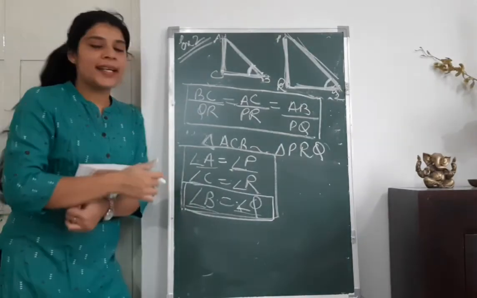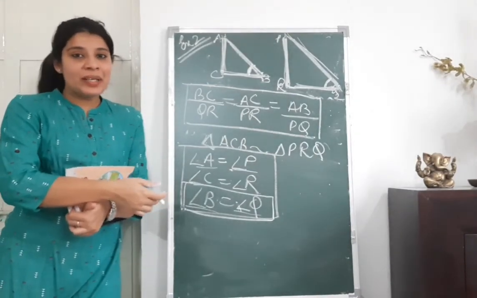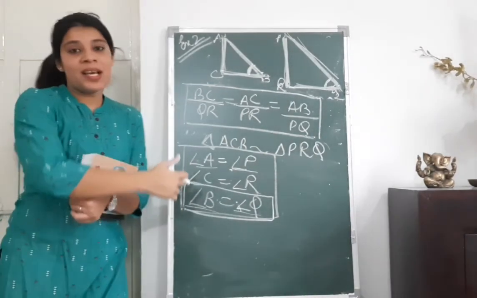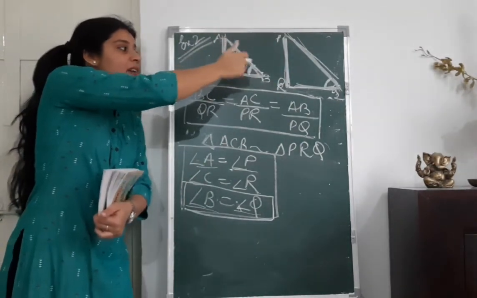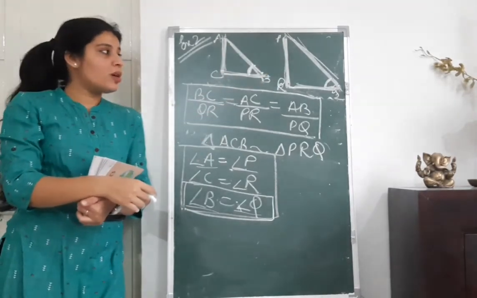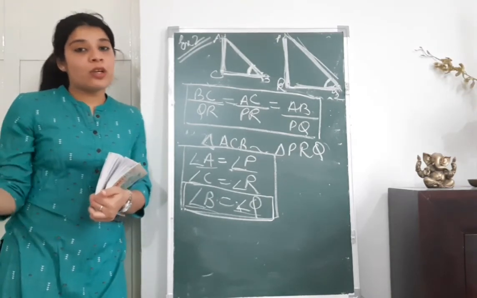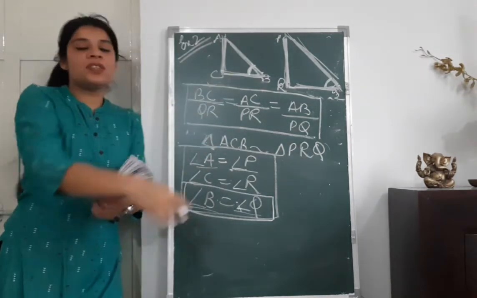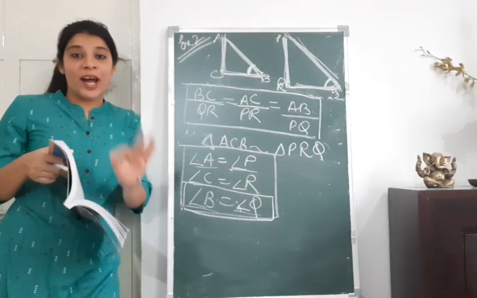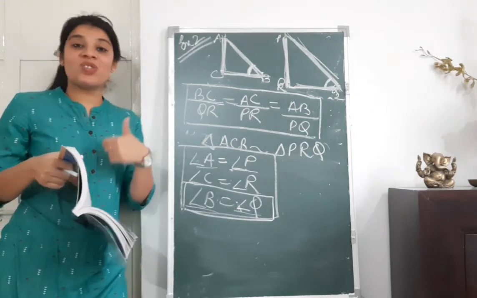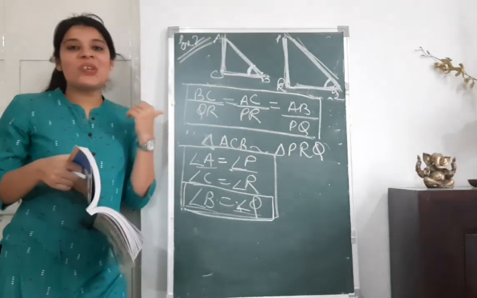I hope this proof is clear to you. It uses a lot of concepts of triangle like Pythagoras theorem and similarity concept and congruency of angle concept, right? Because as these triangles are similar, therefore these angles are equal. So you should be aware of these properties of triangle before you try to solve trigonometry questions where proofs are required. Okay? So it is important for you to have the knowledge of triangle before you start solving trigonometry, because trigonometry needs prerequisite knowledge of triangle, because all of trigonometry is based on triangles only.